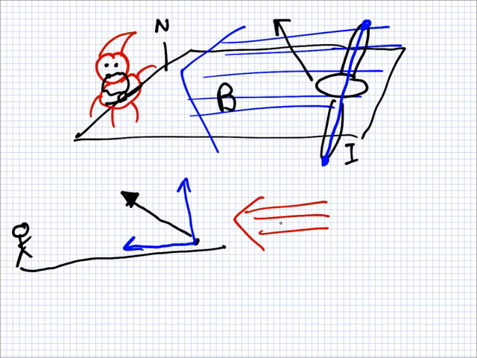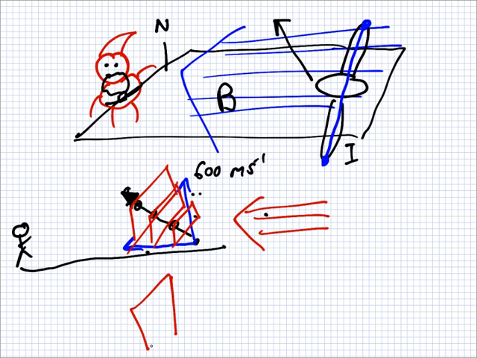Now, for the magnetic field, which motion do we care about, horizontally or vertically? Vertically, because it's the one that's perpendicular. In the question, the speed is 600 meters per second. As the plane is moving, is the B changing? No. What is changing is the area. As the plane heads up, it's drawing a rectangle that's getting bigger. If it's going up at 600 meters per second, then in 1 second it will make a rectangle 600 meters high, and the width of it will be